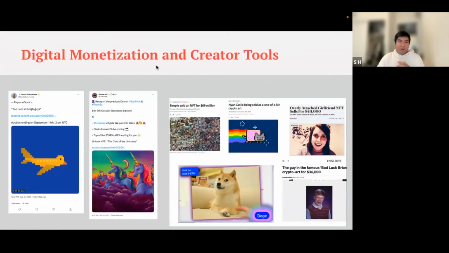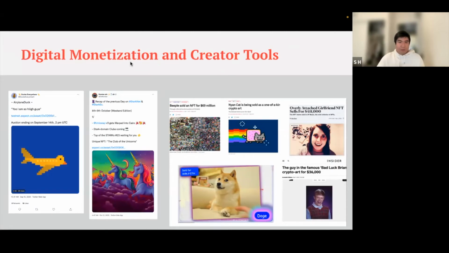And I think the most interesting thing is really digital monetization and creator tools, right? If you think about digital media in general, if you're an artist, it was very hard to make a living independently. Usually digital artists work for marketing agencies or game companies, creating art. Even people that create memes on the internet don't really capture any value, even though they created a lot of value, especially when some of these things go viral. And I think NFTs are a way that those people can finally get rewarded, right?